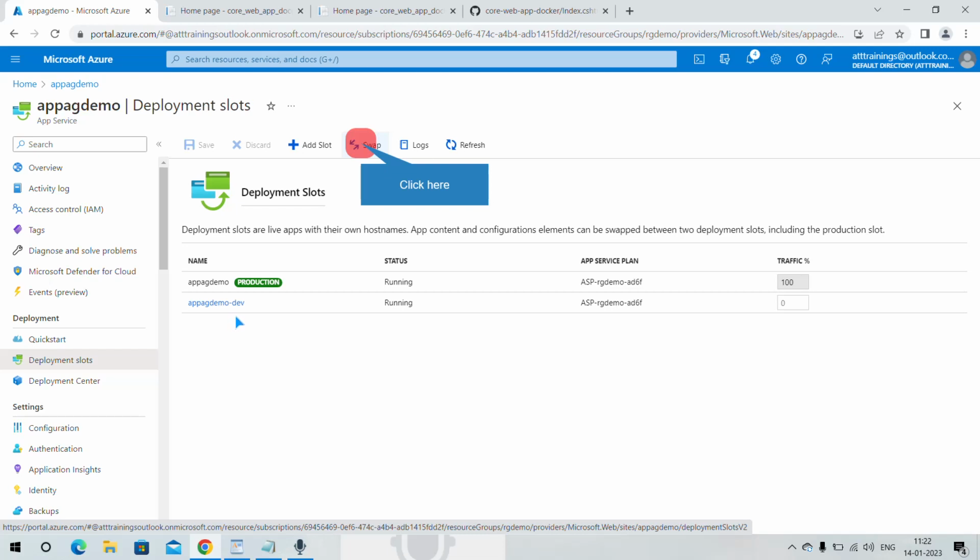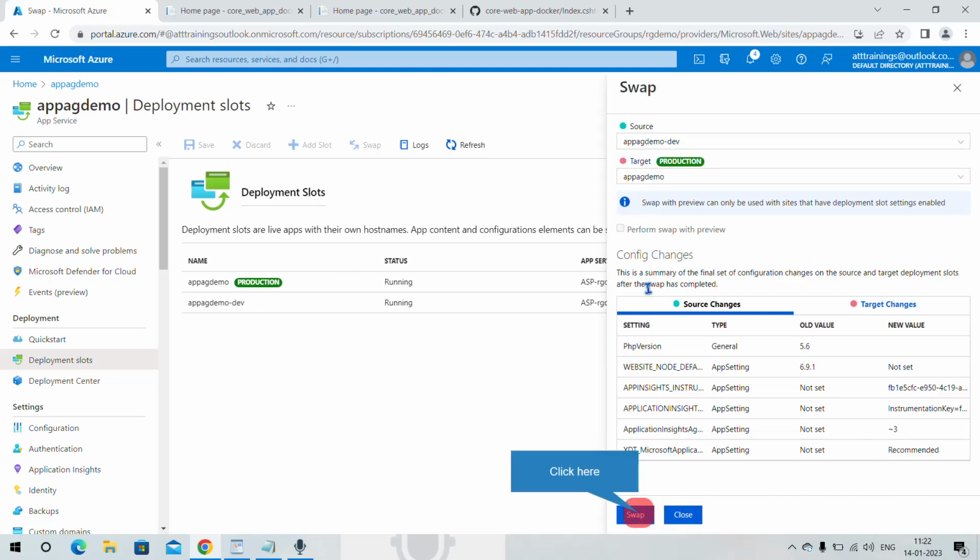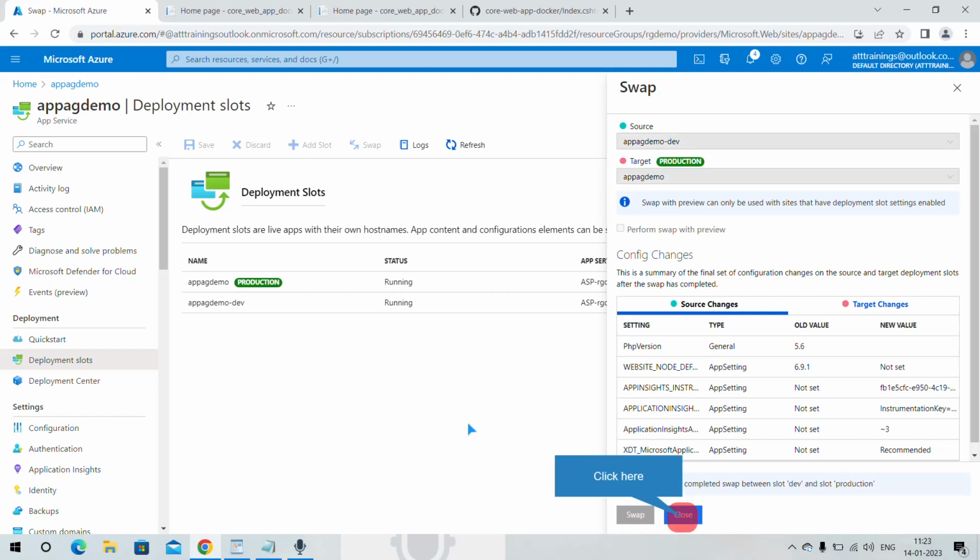After my testing of the deployment to development slot, if I am satisfied with the deployment, I can click on swap slot and I will click on swap. Now after few minutes, this deployment will be done to the production from development slot. And as a backup, whatever is deployed on production will be deployed to the development slot. That is the meaning of swap.